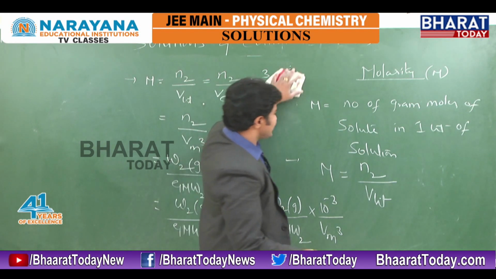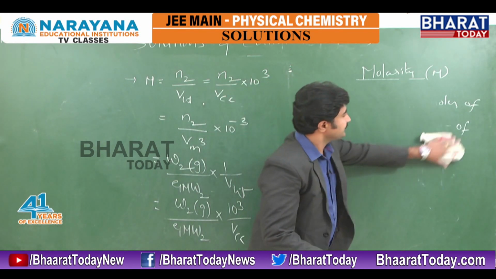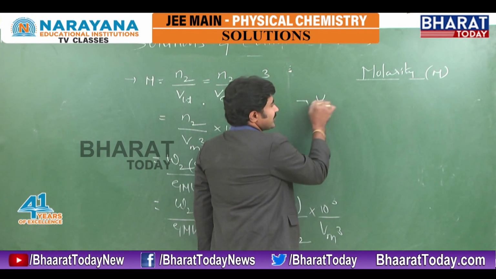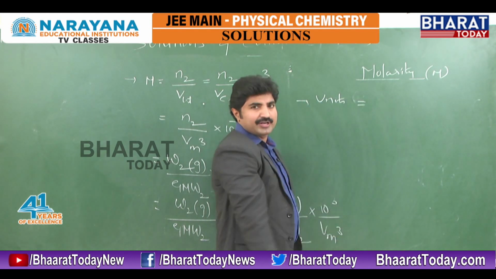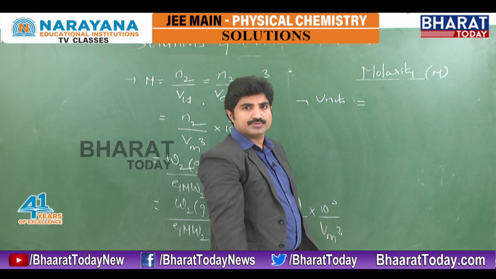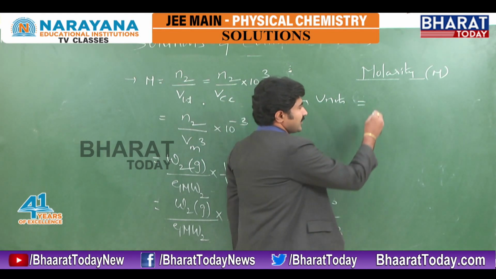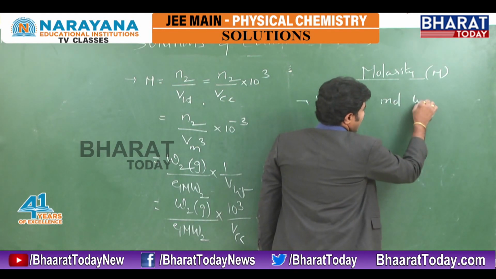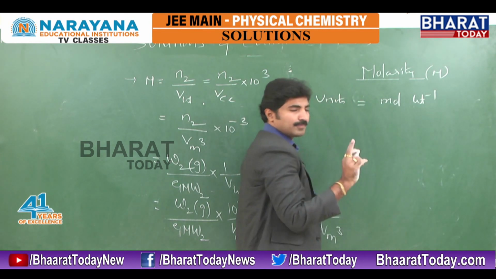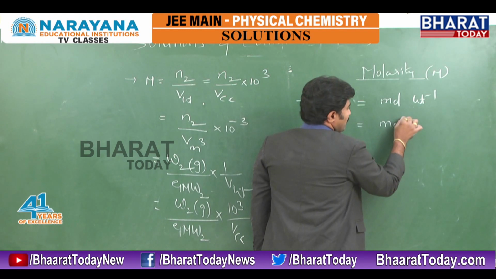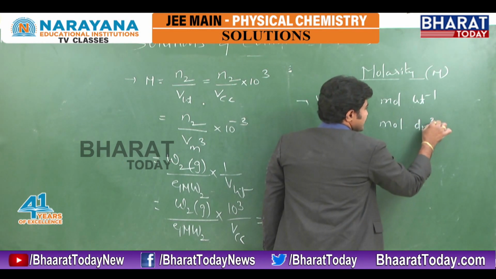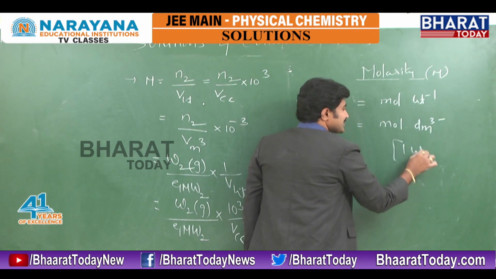What about the units of molarity? As per definition, these are the number of gram moles of solute per 1 liter. Therefore, the unit is mole per liter, mole liter inverse. This is also written as mole dm cube inverse, because 1 liter is equal to 1